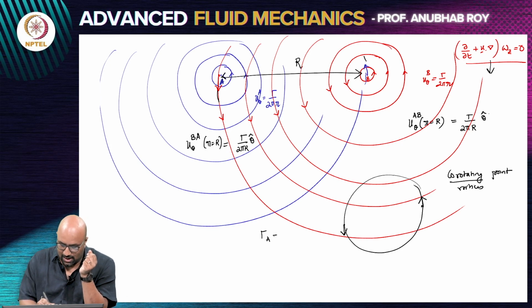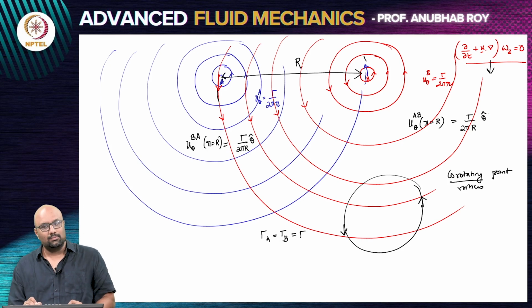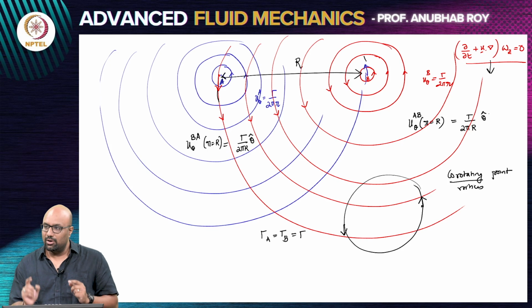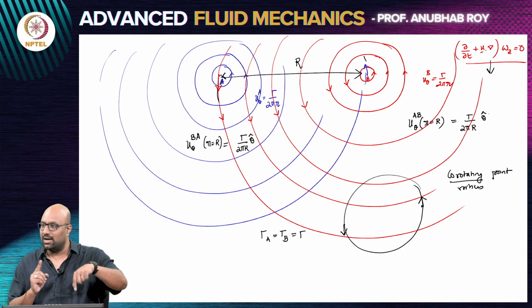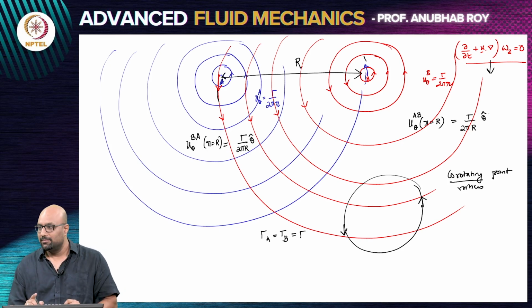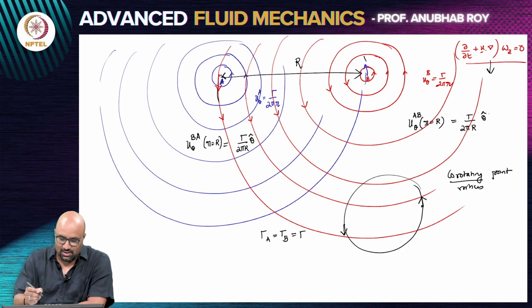So gamma A is equal to gamma B is equal to gamma. Okay. So they are equal and like-signed point vortices. They are going to move around, spin around each other as if in a planetary orbit. Now you can start to think of what is going to happen if the vortices were not point vortices. If the vortices were vortices that had